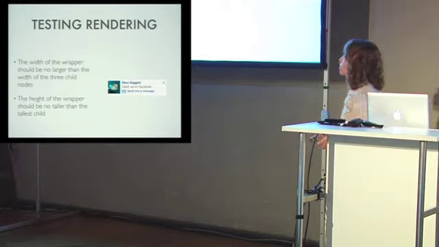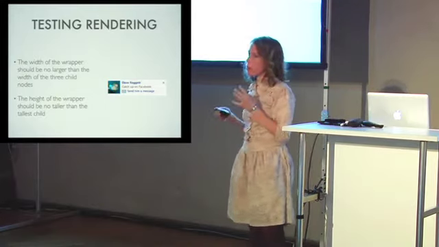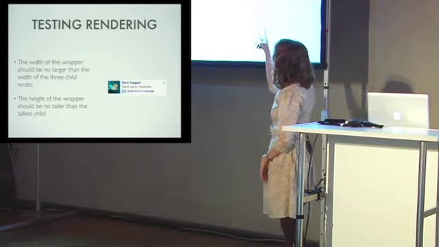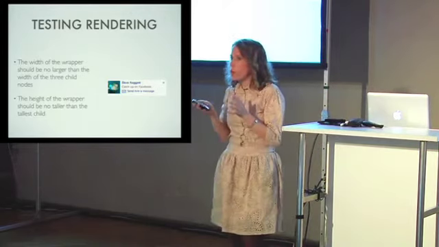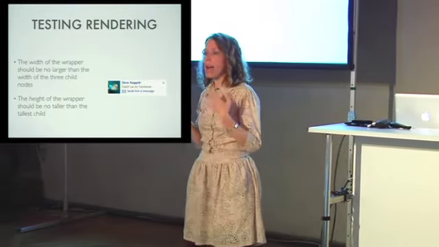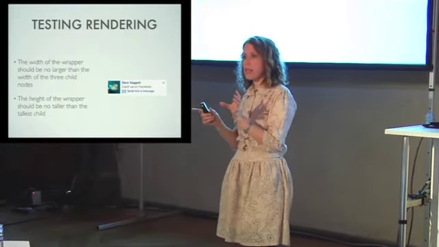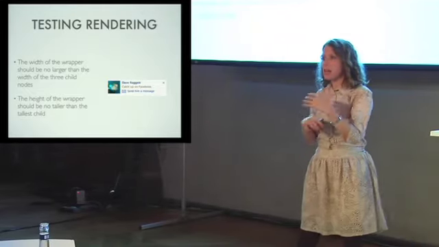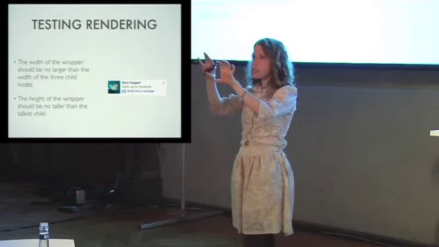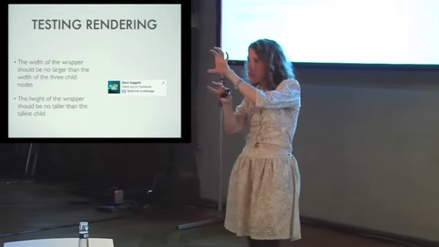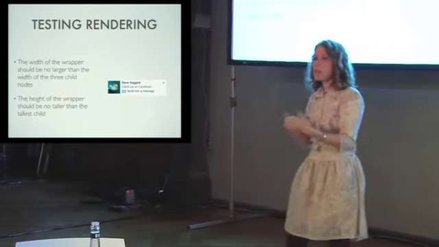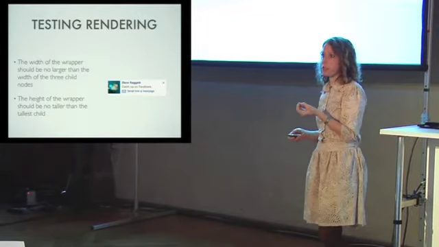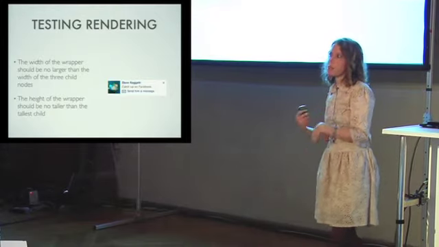If we want to test the rendering, it gets much simpler when we have an object that we know how it's supposed to behave. So let's look at the media object. Basically, we know that the width of the wrapper should never be wider than the width of the three containing elements. And we know that the height of the wrapper should always be the height of the tallest child element. Because if it's taller, what happened? It means that something dropped below. And so all of a sudden, we can start to think about testing these objects in a way that means that we don't have to go look in every single browser. It starts to be automated.